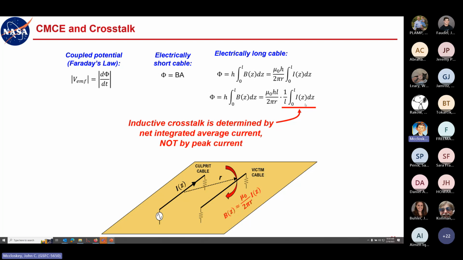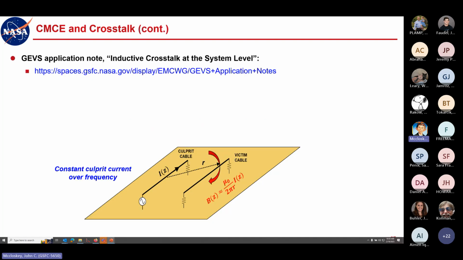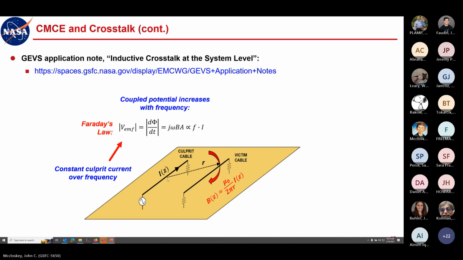The average current is a function of distance. And so the inductive crosstalk is determined by the net integrated average current, not so much by the peak current. And then similarly, when you have a constant culprit current over frequency, which is just a handy construct for basically characterizing a transfer function, then the coupled potential